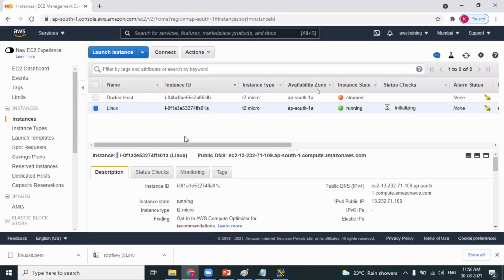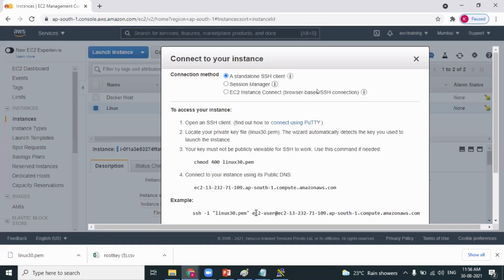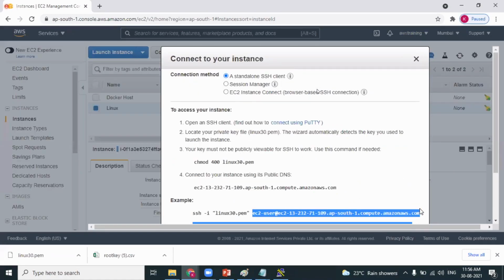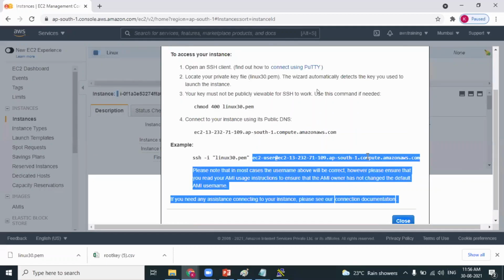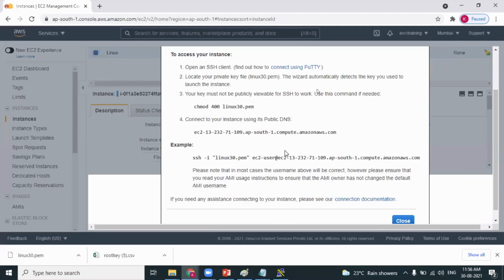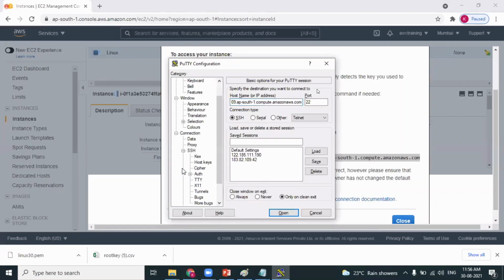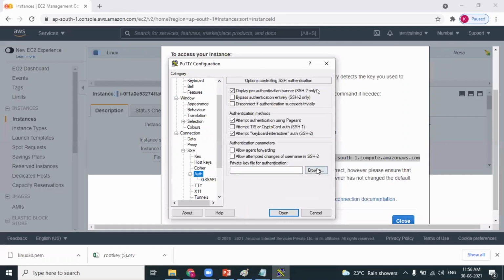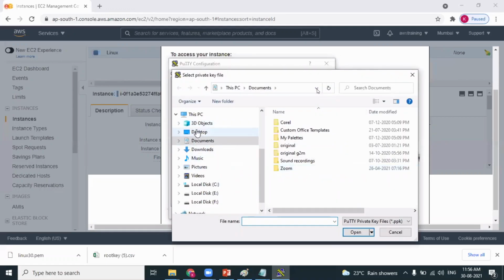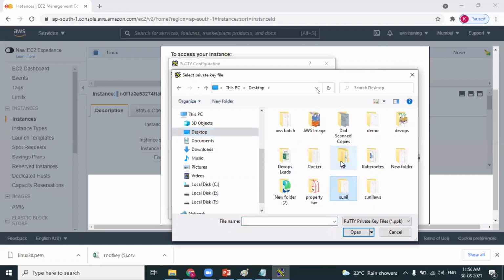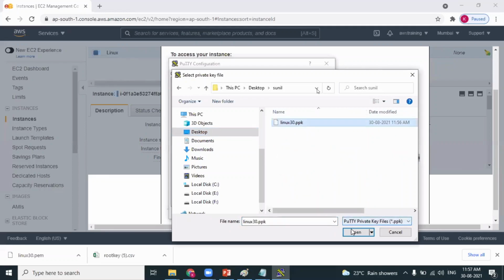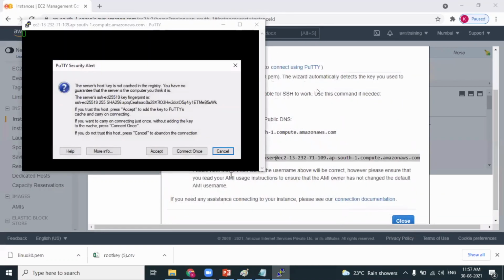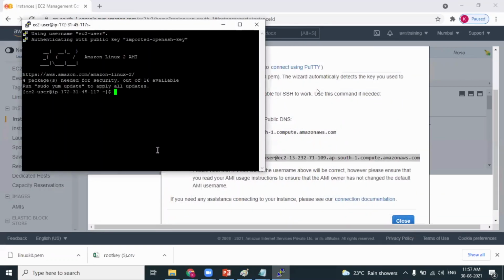I've converted the PEM file to a PPK file, so I will be connecting to the same Linux machine using PuTTY. Select the machine, click on connect, user at DNS. Under SSH, under authentication. Connected, okay?